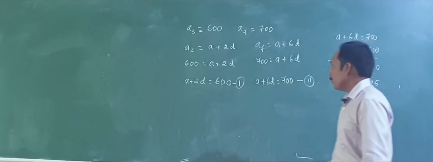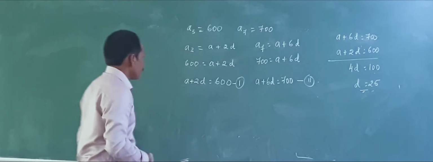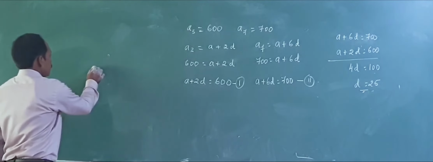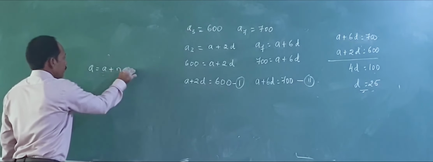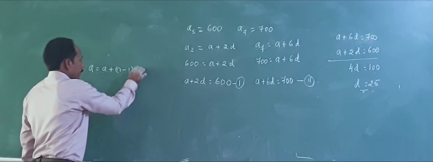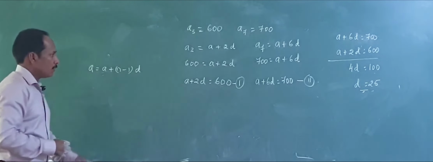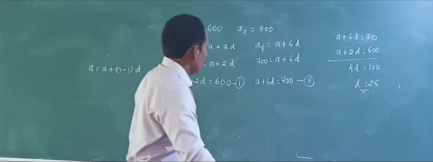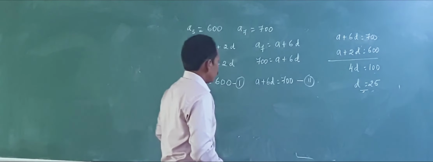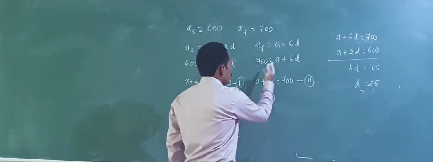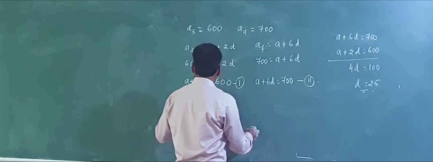So now what we have to do is find how many televisions they produced in the first year. There is a formula: A n will be A plus n minus 1 into D. So that's a formula we can apply. We can calculate A by substituting into any one of the equations, the 7th year or the 2D one, whichever equation. Let me go for this first equation.